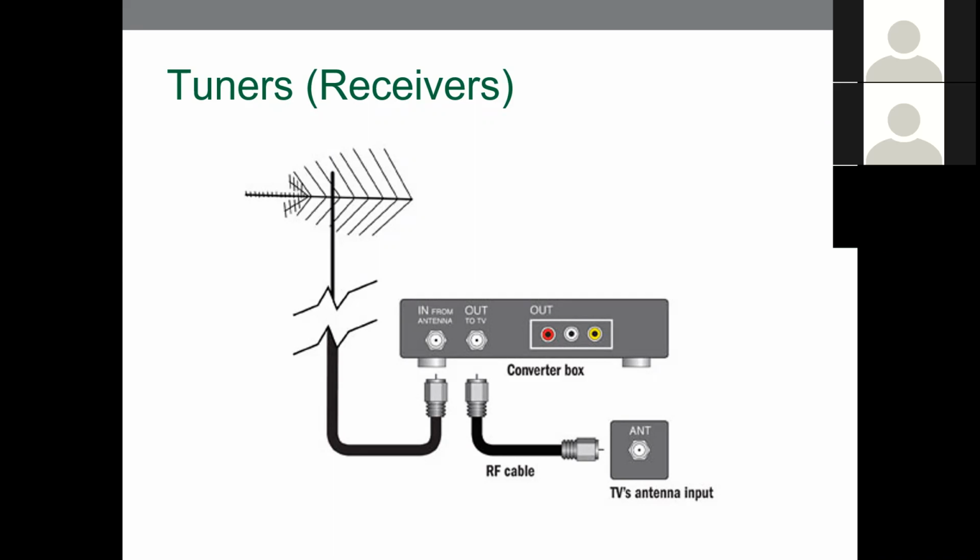The easiest and cheapest way to get this done is if your TV has this built in. Some models still have a built-in tuner right on the TV. If that's the case, you just go straight from your antenna into the coaxial cable into your TV, and then adjust the antenna until you get the channels you want. That is simple. But if your TV doesn't have it, which is becoming much more common these days, you will have to purchase a separate one.